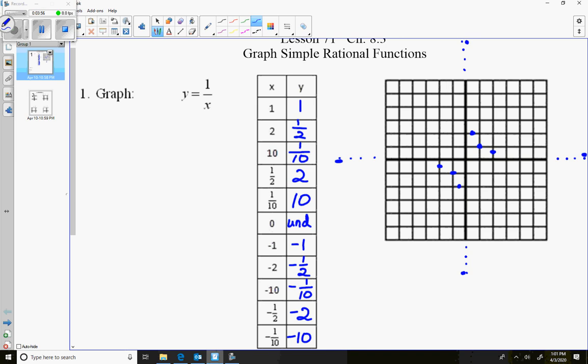Now I skipped the 0 undefined on purpose, but at this point you should recognize, as we get ready to connect the dots,